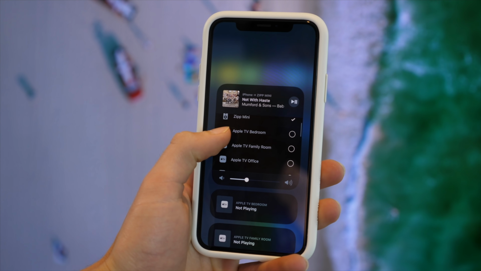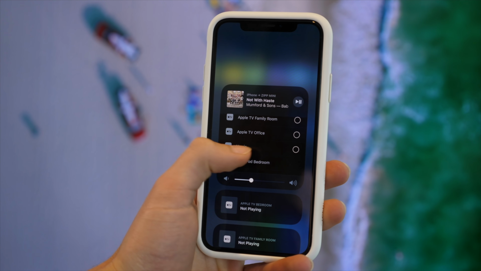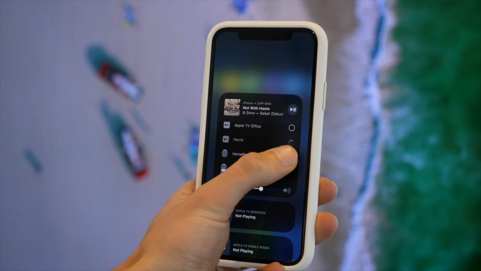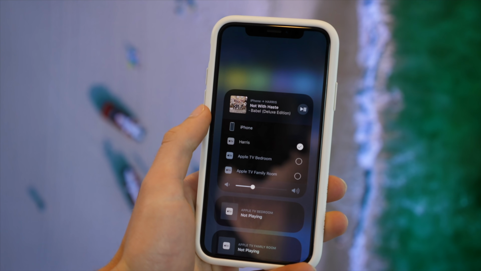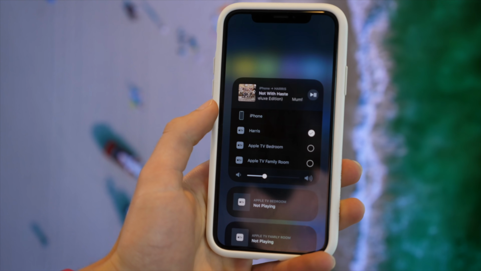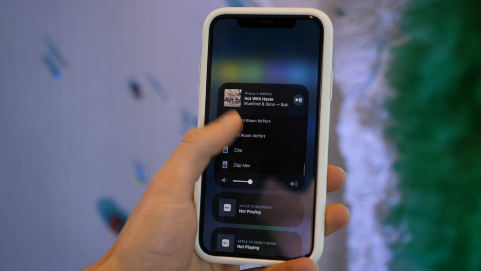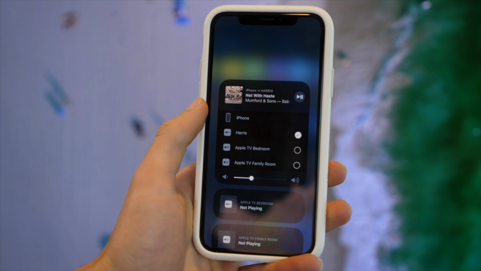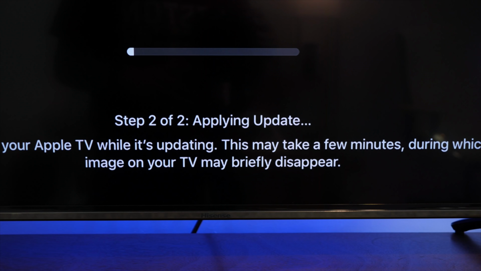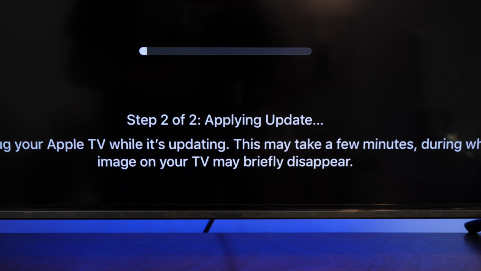I've made a video explaining what AirPlay 2 is. If you want to check that out, it'll be in the description, but that's basically what tvOS 11.4 does. You can now use this with the new AirPlay 2 settings and features that is found with the new software releases, and that's about it. Outside of that, there are some software bugs and tweaks, but no big changes.